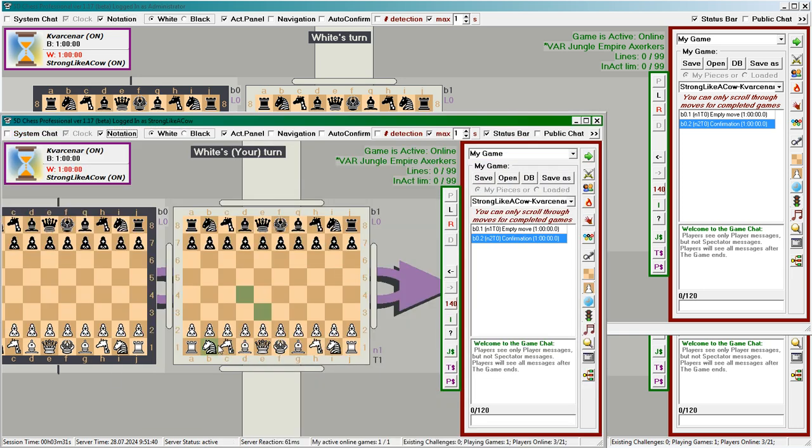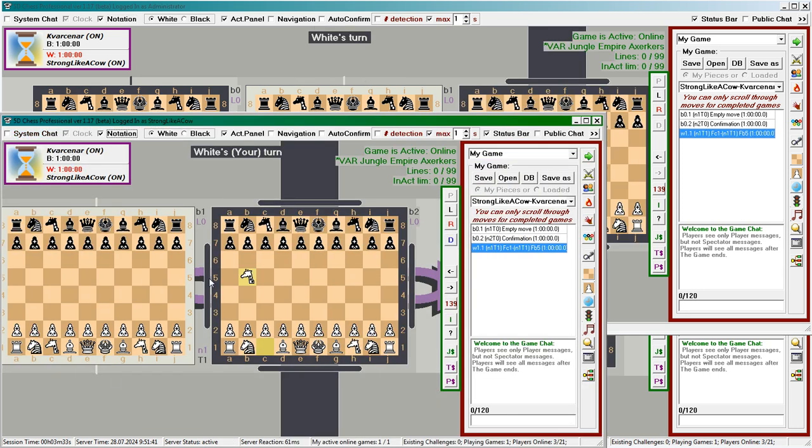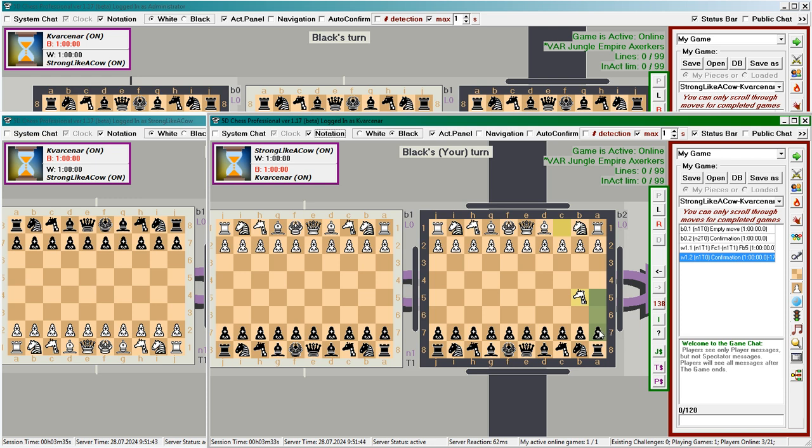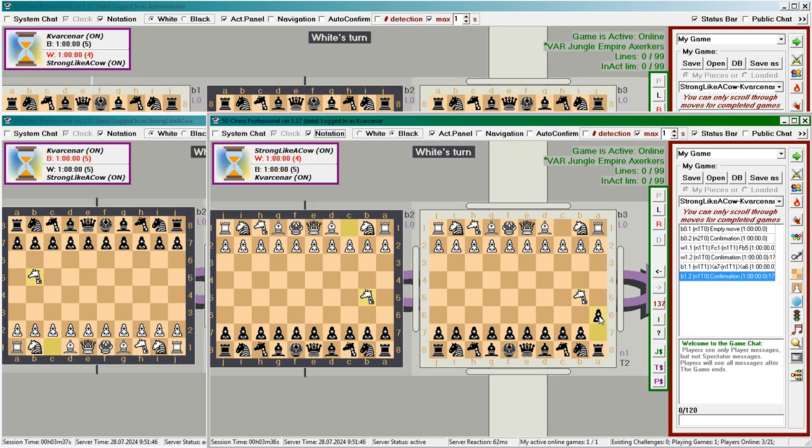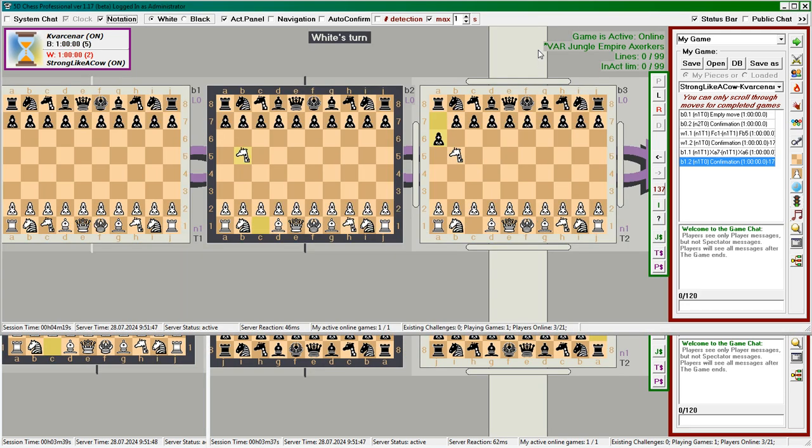White makes a move, black responds, and the spectator sees it all. If you notice an interesting variation and wonder what would happen if someone played differently, or if you are a streamer and want to show a variation, you could exclaim here, "What are black doing? They are missing a checkmate," and show your viewers what black missed. To do this, you click Create Daughter Game.